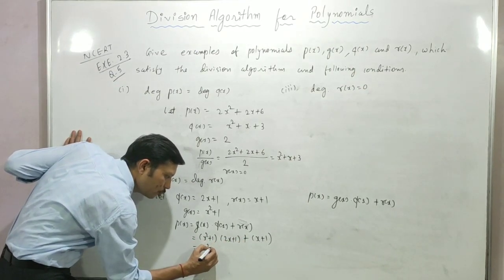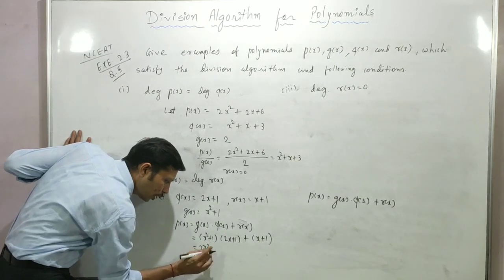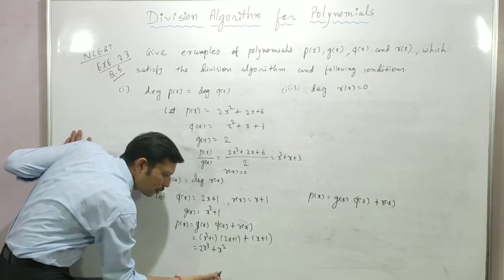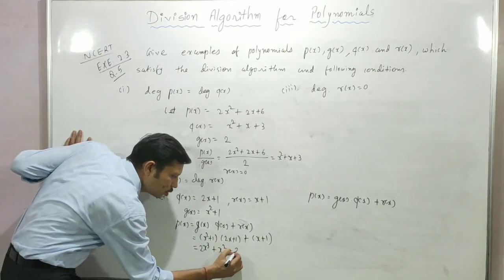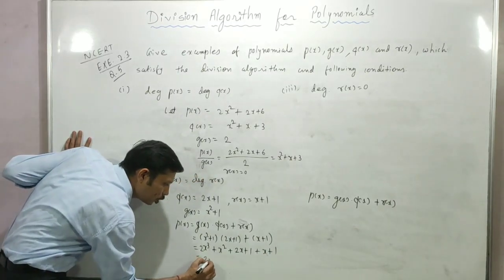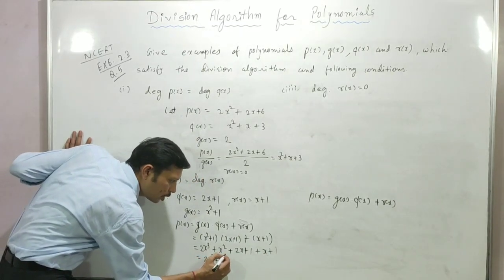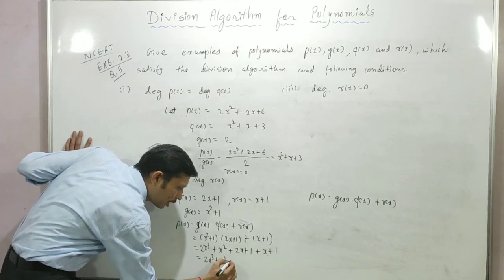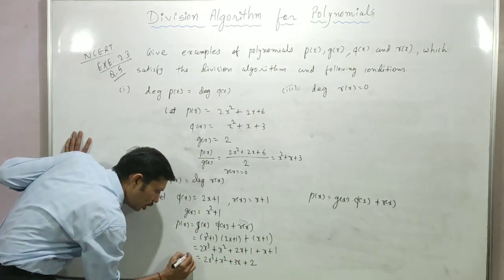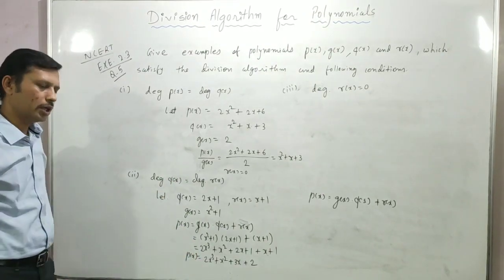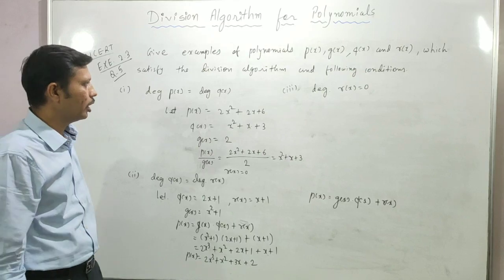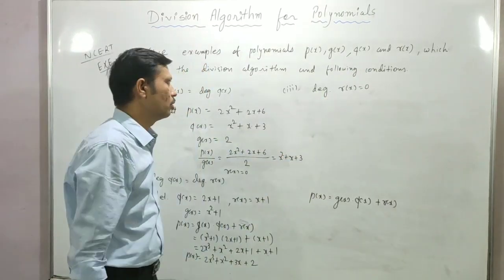तो x स्क्वायर मल्टीप्लाई 2x, 2x क्यूब, ठीक है ना बच्चों। x square multiply with 1, x square, 1 multiply with this both, so 2x plus 1, और रहेगा लास्ट में x plus 1। तो आप देख सकते हो बच्चों, 2x cube plus x square, 2x plus 1x that will be 3x, and 1 plus 1 that becomes 2, ये हमारा p of x हुआ है, अंडरस्टूड। इसमें हमारा डिवीजन एल्गोरिथम सेटिस्फाई हो जाएगा, राइट।